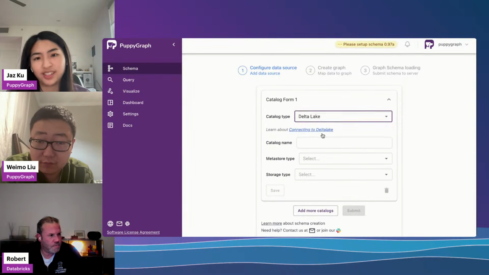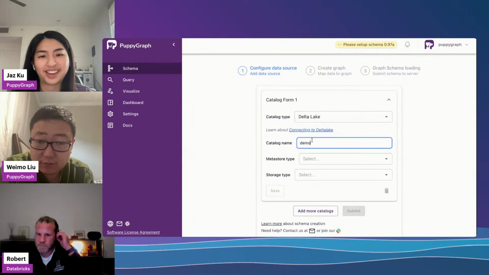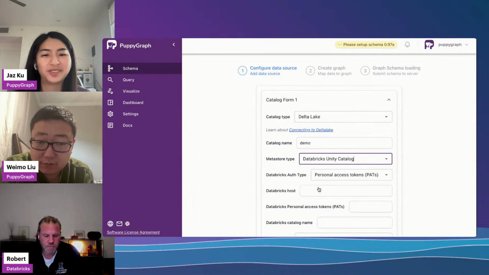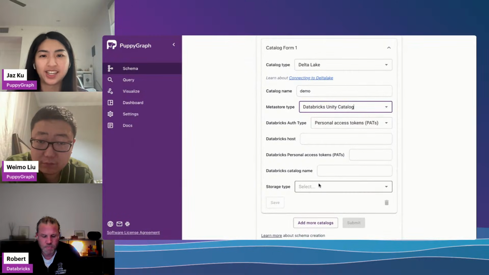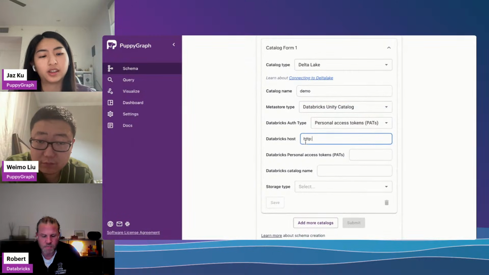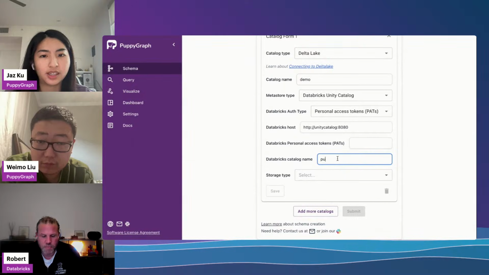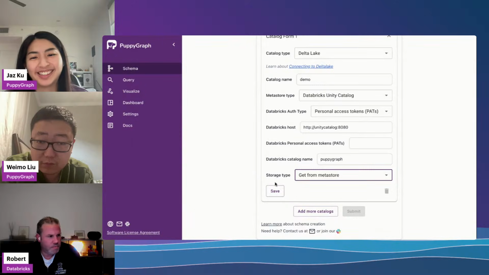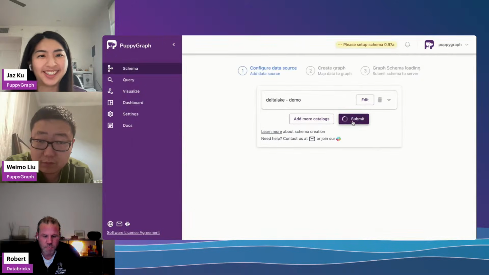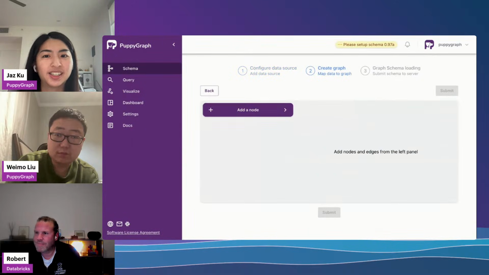So we're using Delta Lake, and I can name the catalog anything. We're using Unity Catalog, and because of how I've configured the Docker containers, I'll be connecting to the Unity Catalog Docker at port 8080. No personal access tokens, and we have puppygraph for the catalog name. And very easy, I'll just get the storage type from the metastore, and we'll submit that.